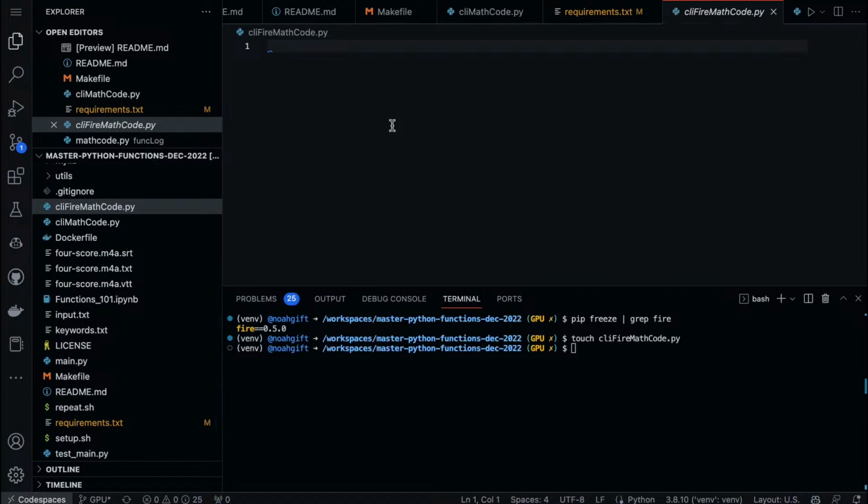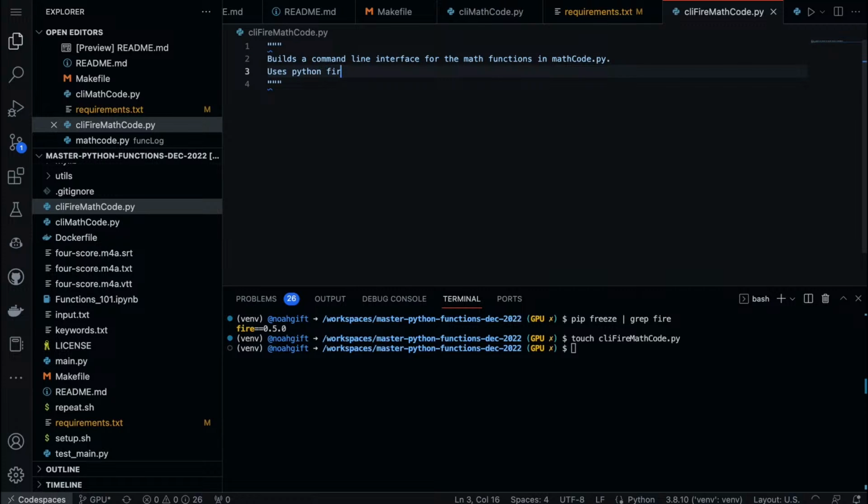And we can put the prompt as well. So we can say, build out a chameleon interface for the math functions in math code. And we can put uses Python Fire to build a CLI.